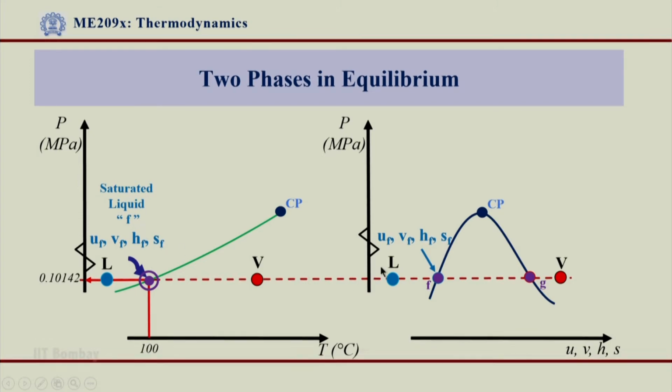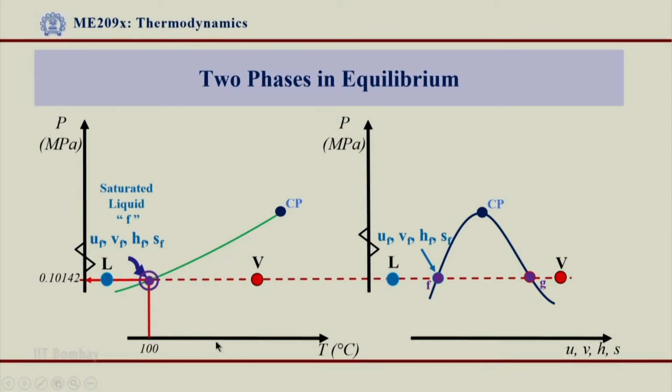So, correspondingly, if you see on a PV diagram, if I say I have taken this property as V, this is my saturated liquid line, this is the saturated vapor line, both these lines merge at the critical point over here, and on this line what we see is 100% liquid, on this line what we see is 100% vapor. So, we are talking about this F point now, but this F point will be viewed as the same point when I see from this angle.